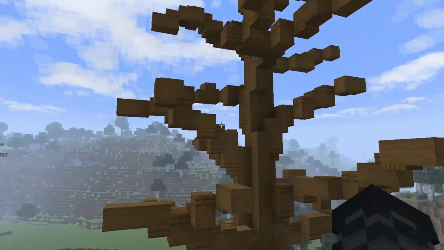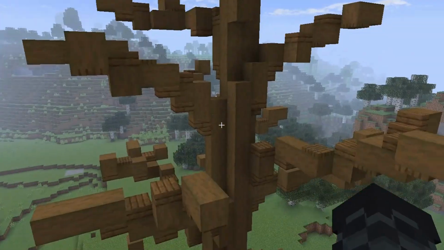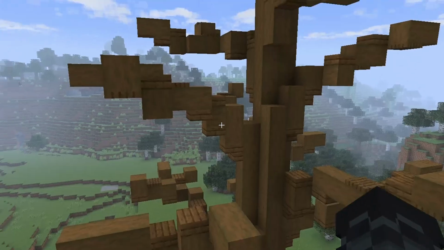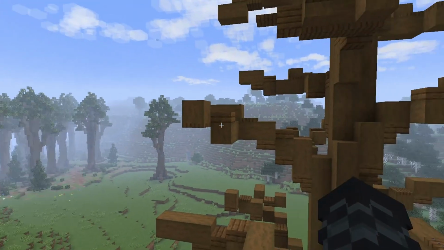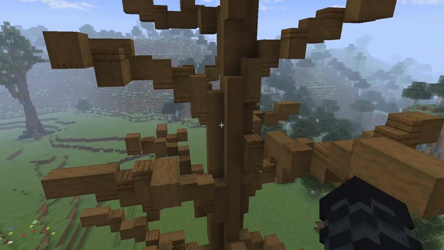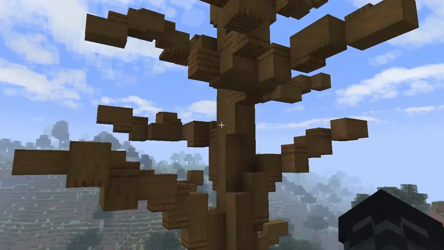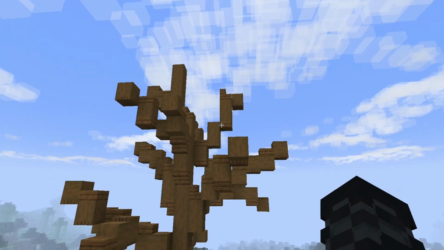Branches should split off at an upwards angle. Like you can see here, the branch is angled upwards, especially at the beginning. Now, it comes closer to being horizontal by the end, but notice that it starts at an angle. Just remember that trees try to reach the light, so by the top of the tree, the branches should reach